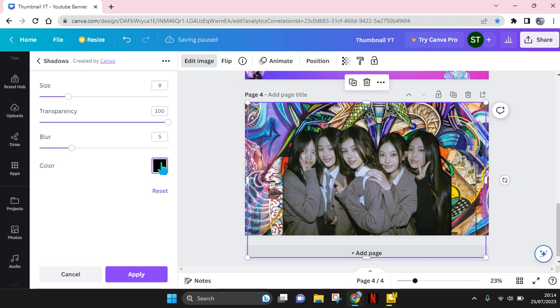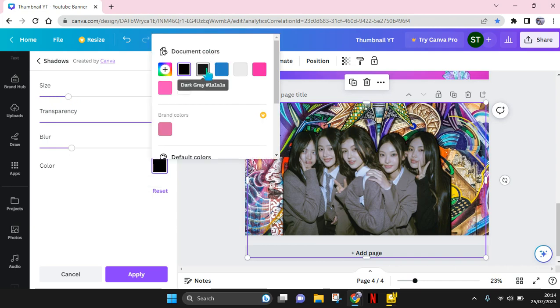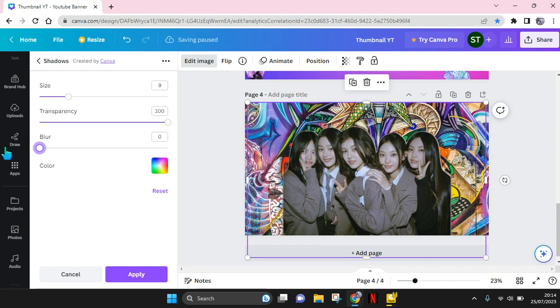And here I'm going to change the outline color to white. Okay, like that. I'm going to lower the blur and make the size bigger, like this. Okay, now click on apply